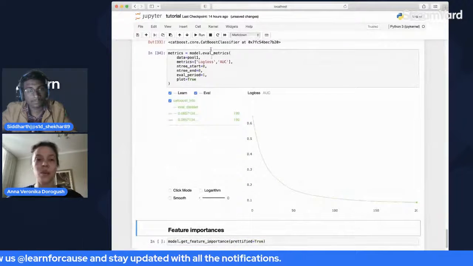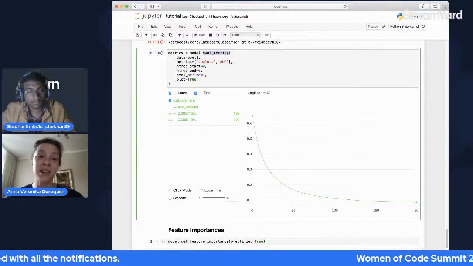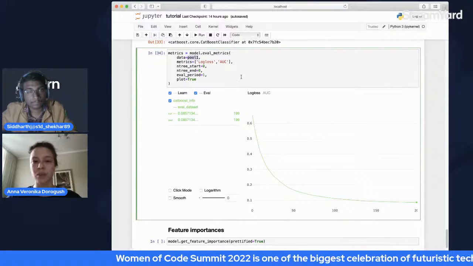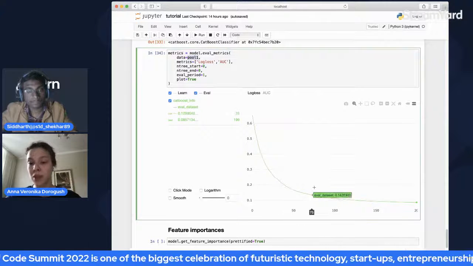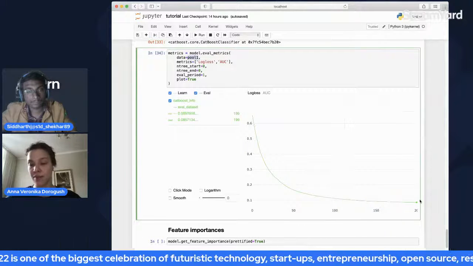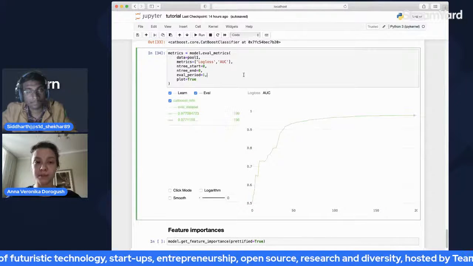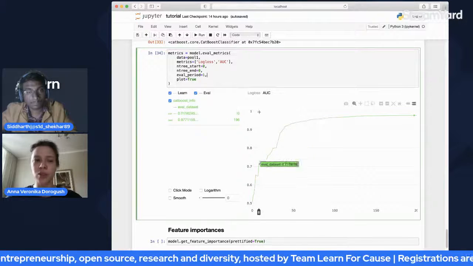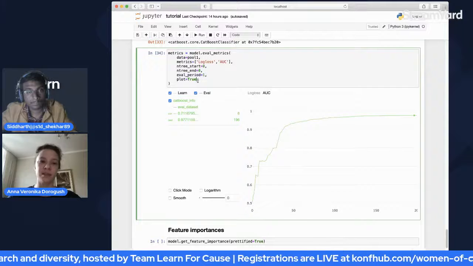data set. So what you can do is call a function that is called eval metrics, and you can see on this new data set, it's called pool1, I have created it before, what would be the metric value on every iteration. You can also plot that. You can look at different metrics here. You do not have to calculate the metric every iteration. You can calculate it every 10th iteration, something like that.